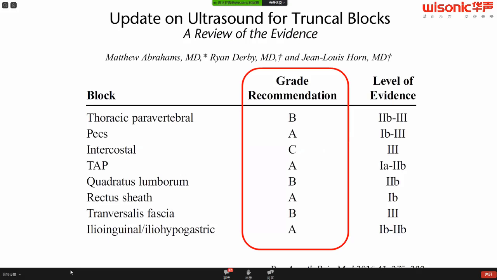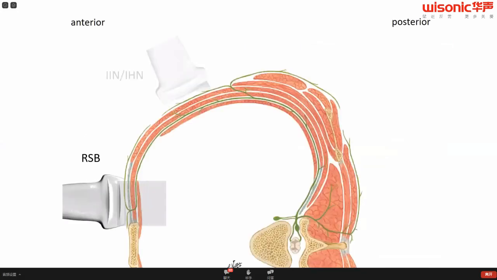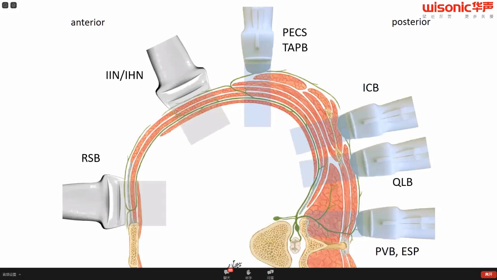These are not nerve blocks in the classical sense, and for most of them, the ultrasound technique is the method of choice when you do these kinds of blocks. Here you can see a cross-section, and you can see where the probe is placed when you do the blocks. For the rectus sheath block, on the left side, the probe is placed just anteriorly. For the PEC or the TAP block, the probe is placed in the flank, and for some others, such as the QLB or the ESP block, the probe is placed closer to the midline.